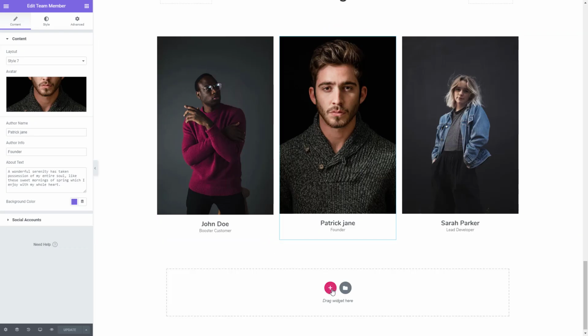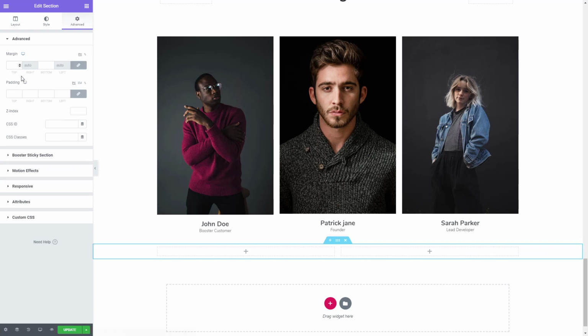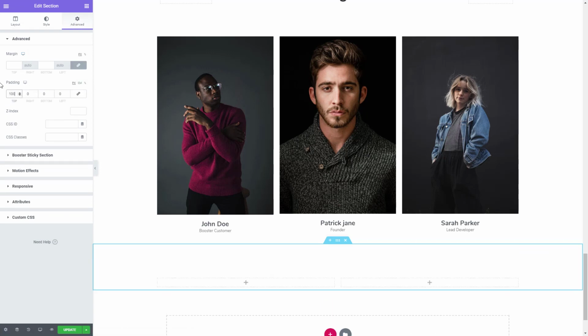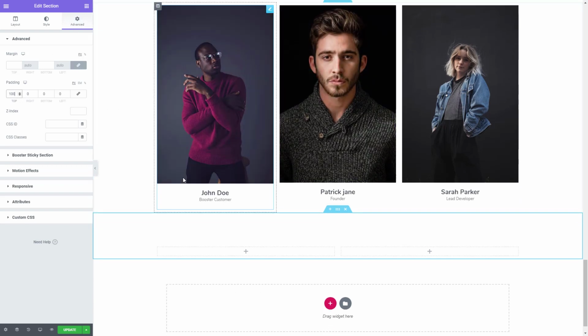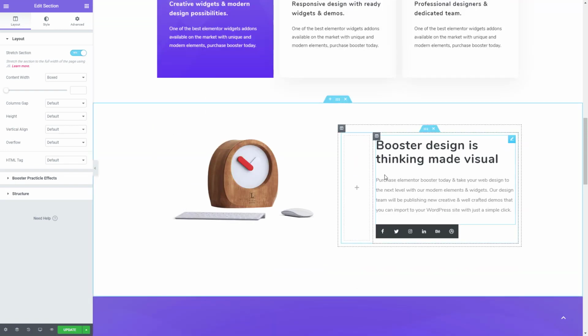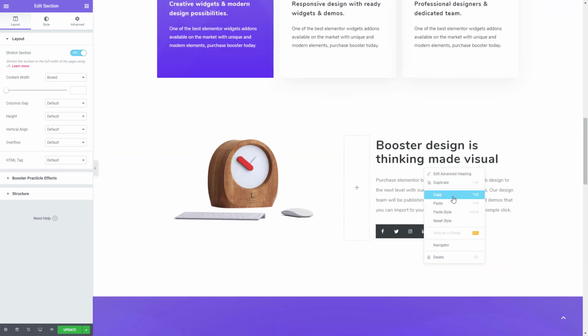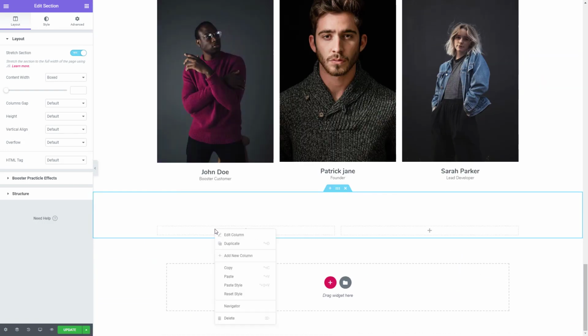So let's add a new section. We'll have 2 columns. Stretch the section. Let's start by adding some padding to the top. Let's go with 100 just to create some space. Then we'll go ahead and start with this left side. And since we're using the same layout, we're going to copy this advanced heading and simply paste it here,